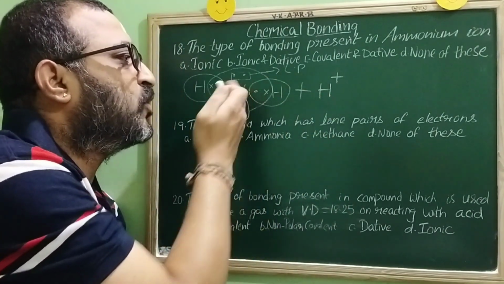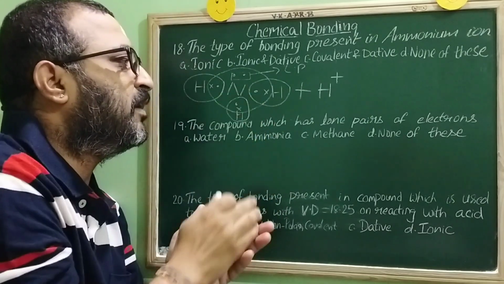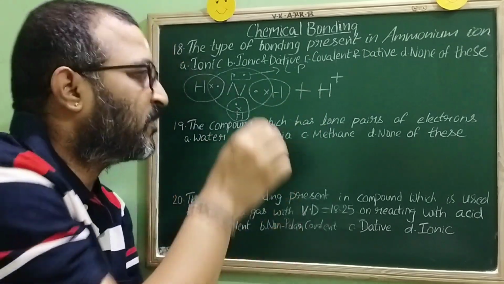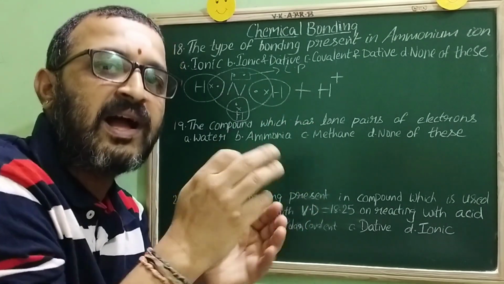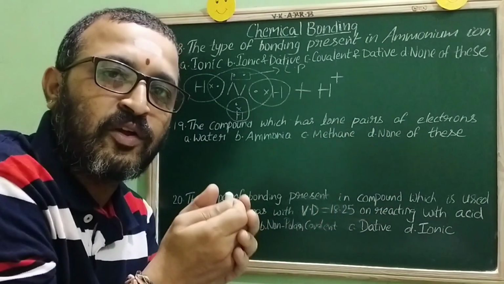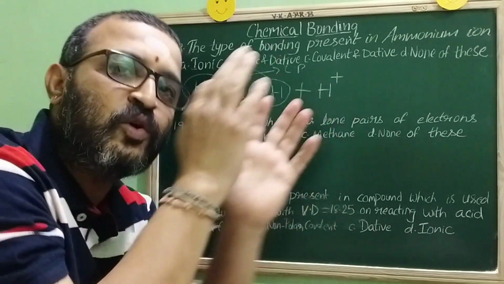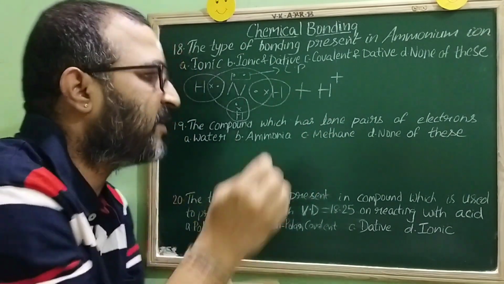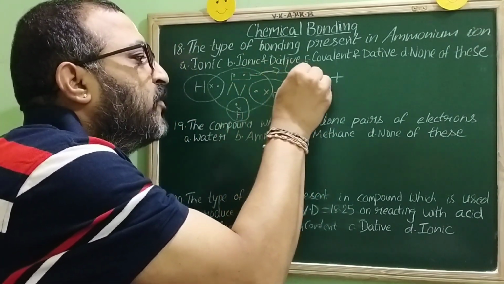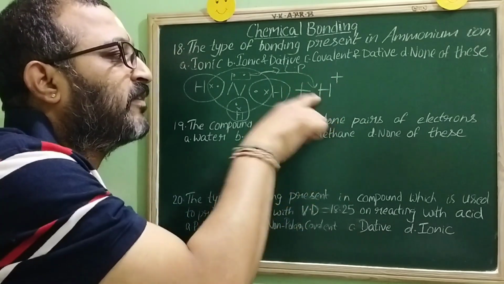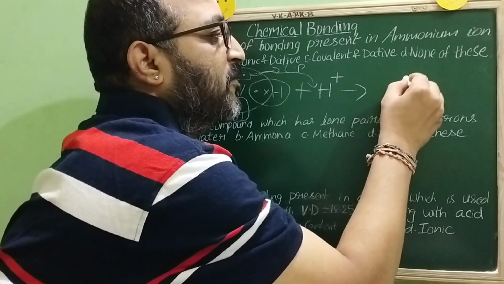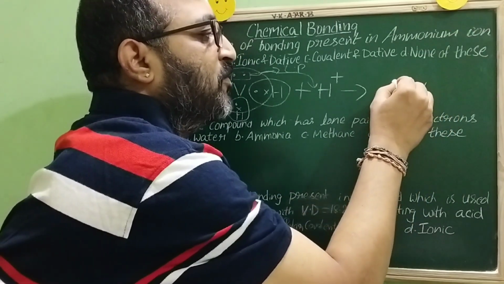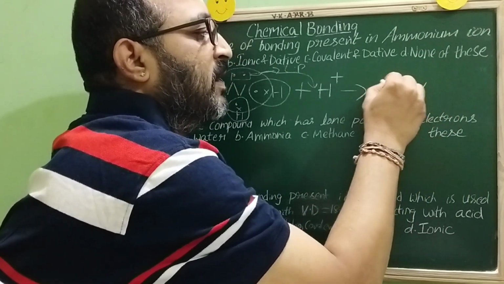It will tell the same thing to nitrogen. Nitrogen will tell, don't worry H plus, I have 2 electrons with me which I am not using. I will give both the electrons for sharing so that you also attain stability, right? So this nitrogen will give its lone pair of electrons, and after giving it becomes something like this, right? Observe the board very carefully, right?